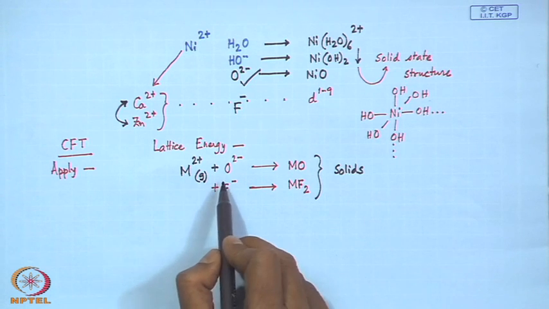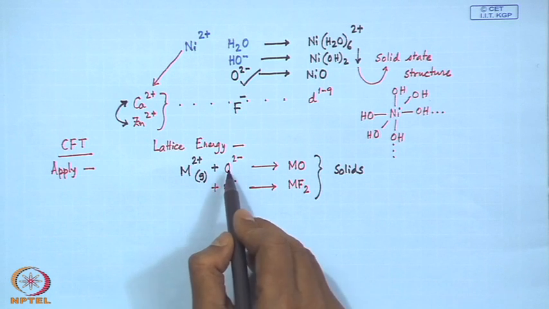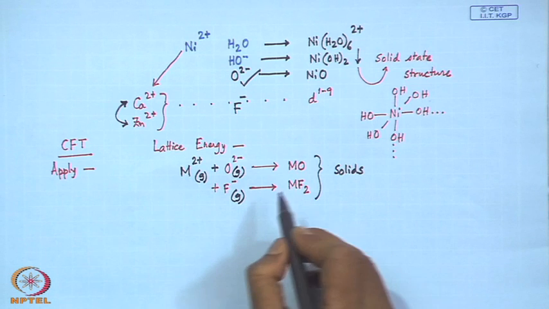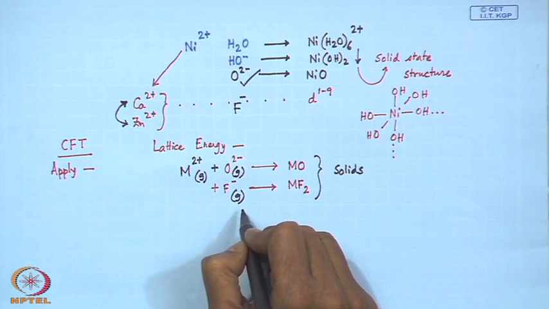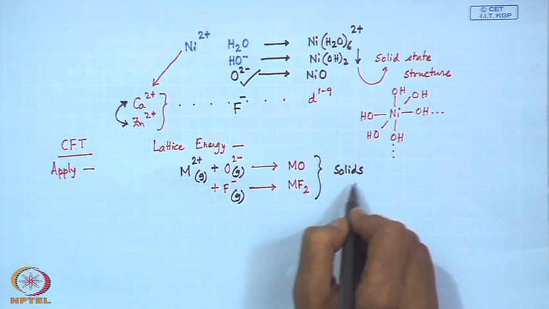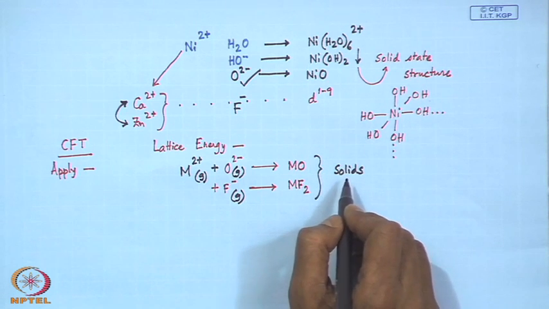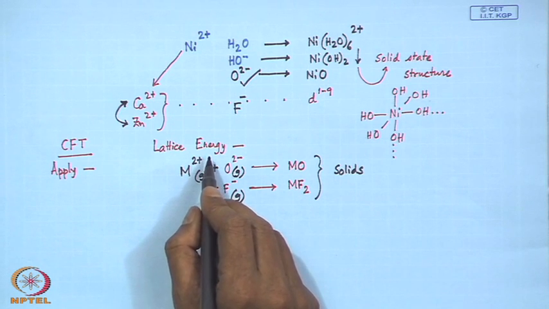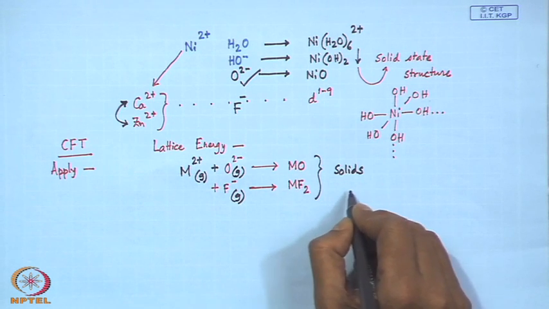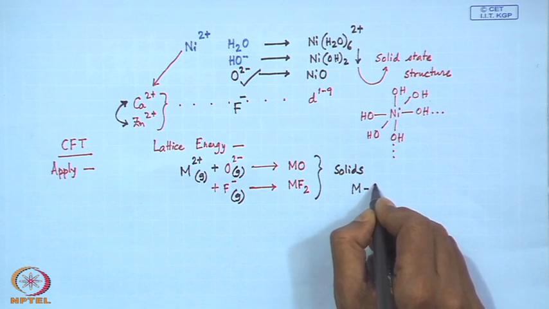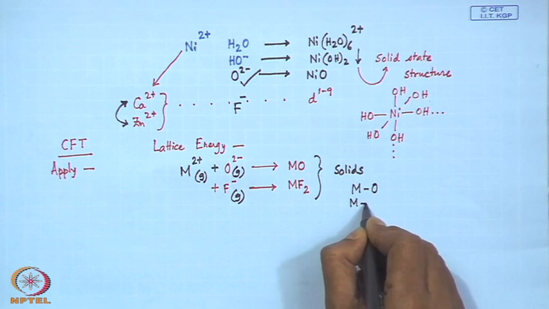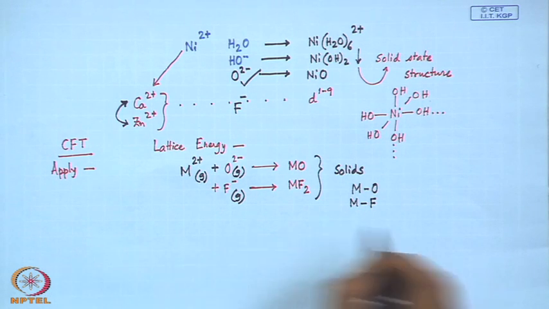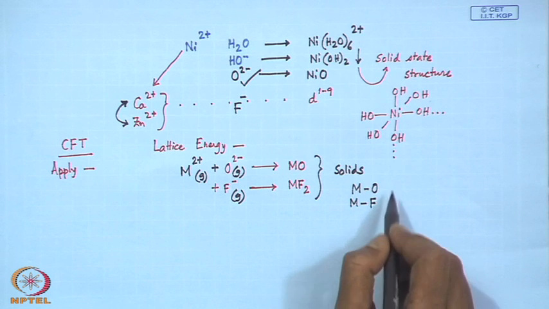If these two configurations interact with these ions, even in the gaseous state, they do interact differently with these anions during the formation of these solid states. We see that some interaction can depend not only on the energy parameter, but also can give some important idea about the corresponding metal-oxygen and metal-fluorine bond distances, because it cannot show a linear relationship